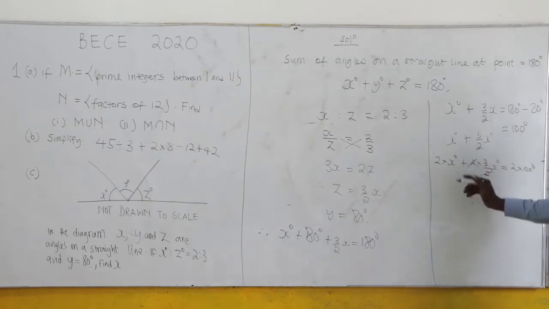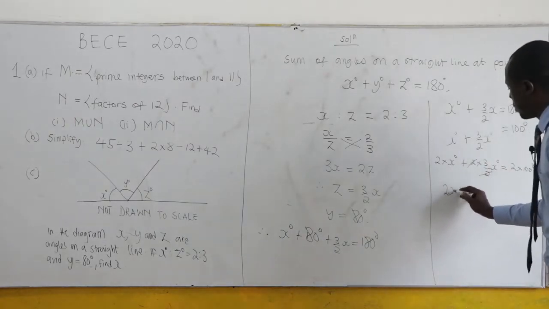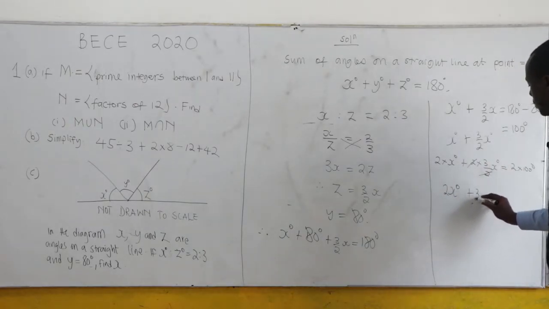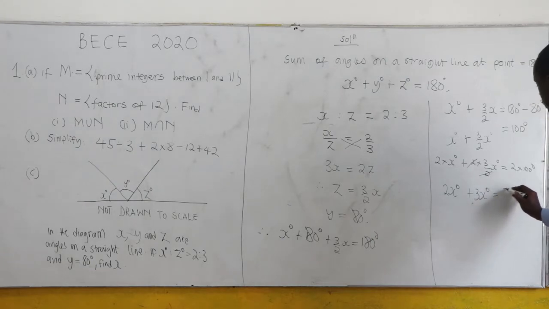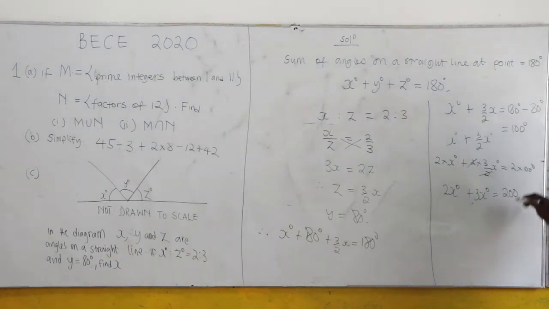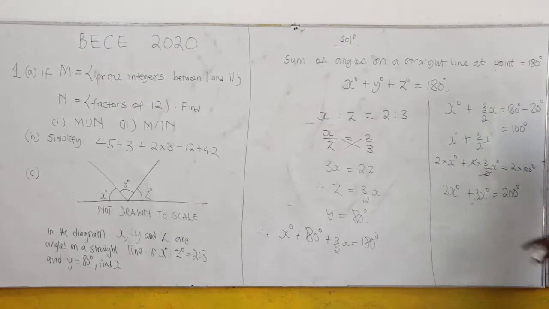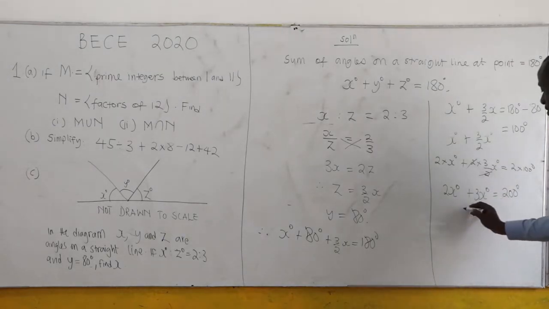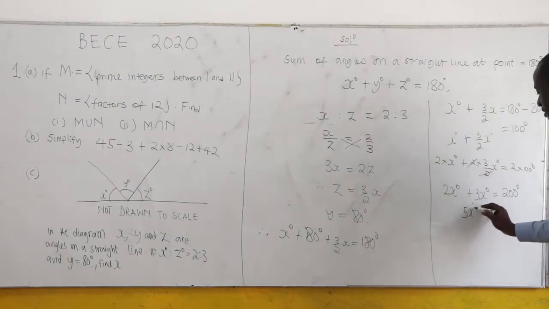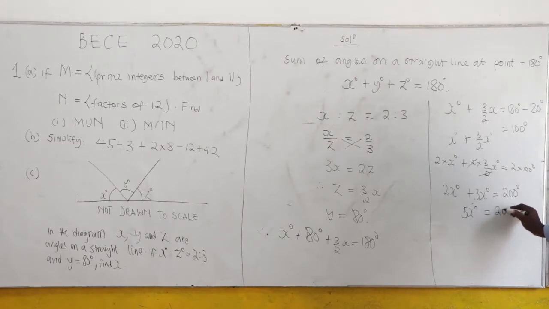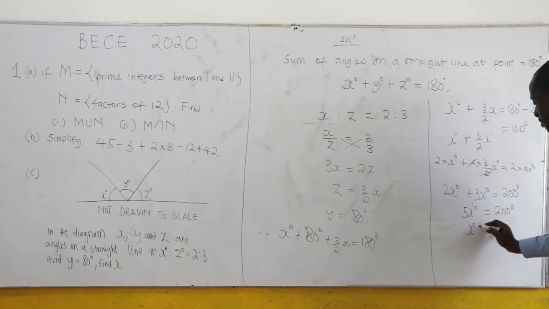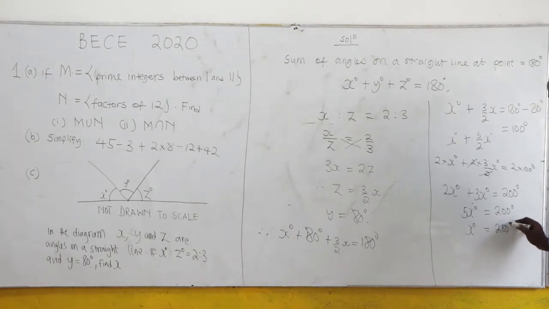So in a nutshell, what do we have? We have 2x degrees plus 3x degrees equal to 200 degrees. We want to find x. 2x degrees plus 3x degrees, that is 5x degrees, equal to 200 degrees. I want to find x, so we have x degrees equal to 200 degrees